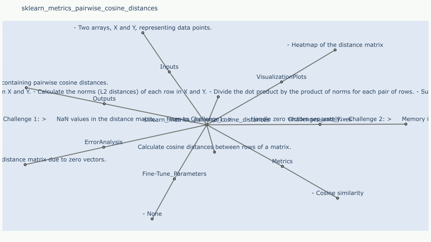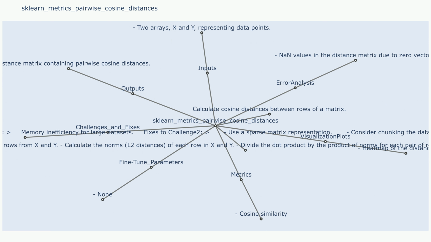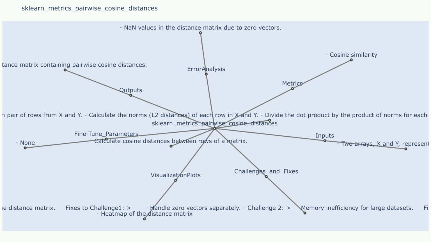Challenge 2: The cosine distance can be sensitive to outliers. If the vectors contain outliers, the cosine distance may be biased towards the outliers. Sample use case that resulted in challenge 2: When comparing two sets of vectors that contain outliers, the cosine distance may not accurately reflect their similarity.